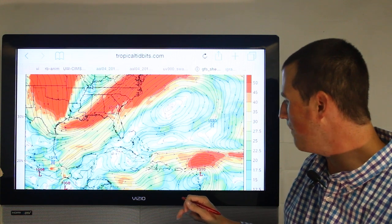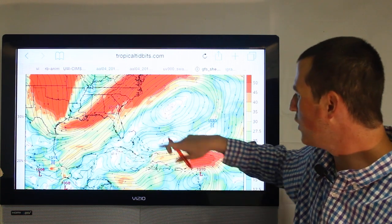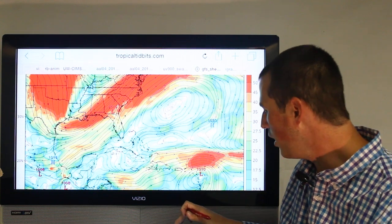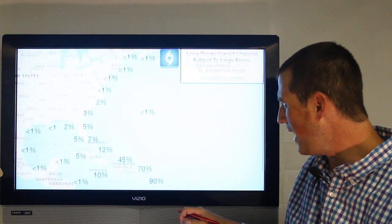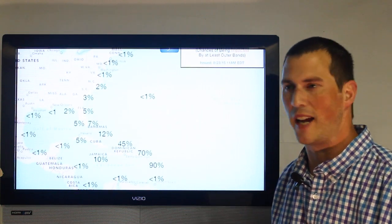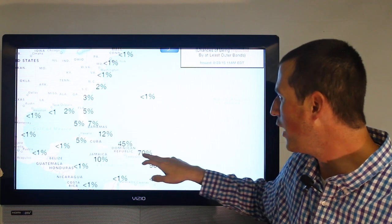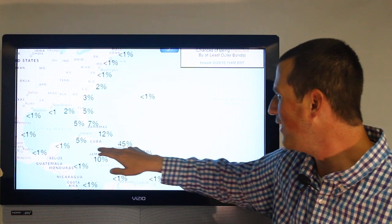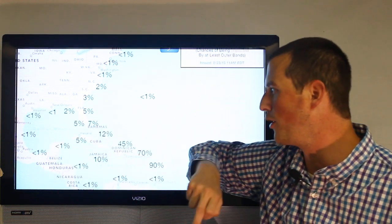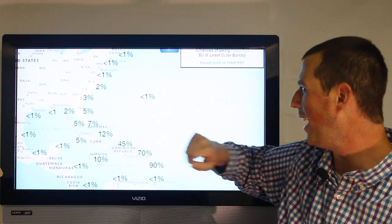But again, if Danny is able to intensify in the short term, it looks like these winds would help pick it up and turn it off towards the northeast, away from Florida. But nevertheless, that is a long-range forecast. We still have less than 10% chances that Danny would eventually track here into the northwestern Bahamas near Florida. The chances of Danny reaching the western Gulf Coast are less than 1%, and then around 2% here along the